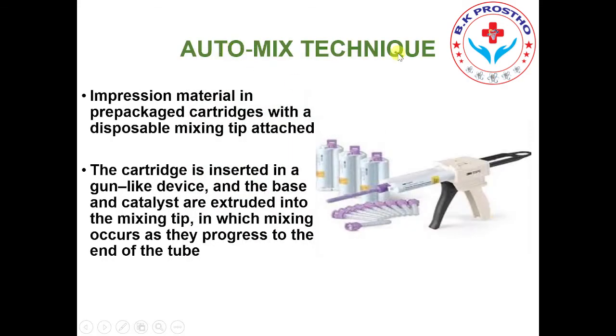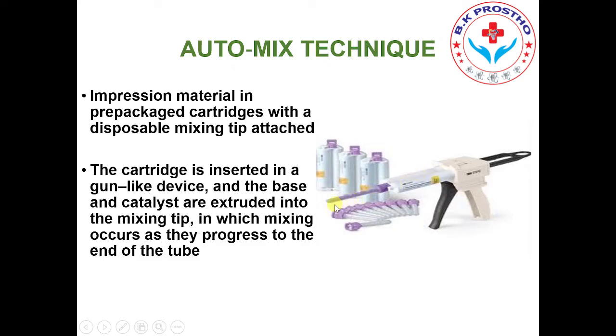Auto mixing technique. This impression material is available in a pre-packaged cartridge. A disposable mixing tip is attached to this cartridge. The cartridge has two tubes, one containing the base and the other the catalyst. The mixing tip is attached to the cartridge, which is inserted into the gun. The base and catalyst are extruded into the mixing tip, and mixing occurs as they progress to the end